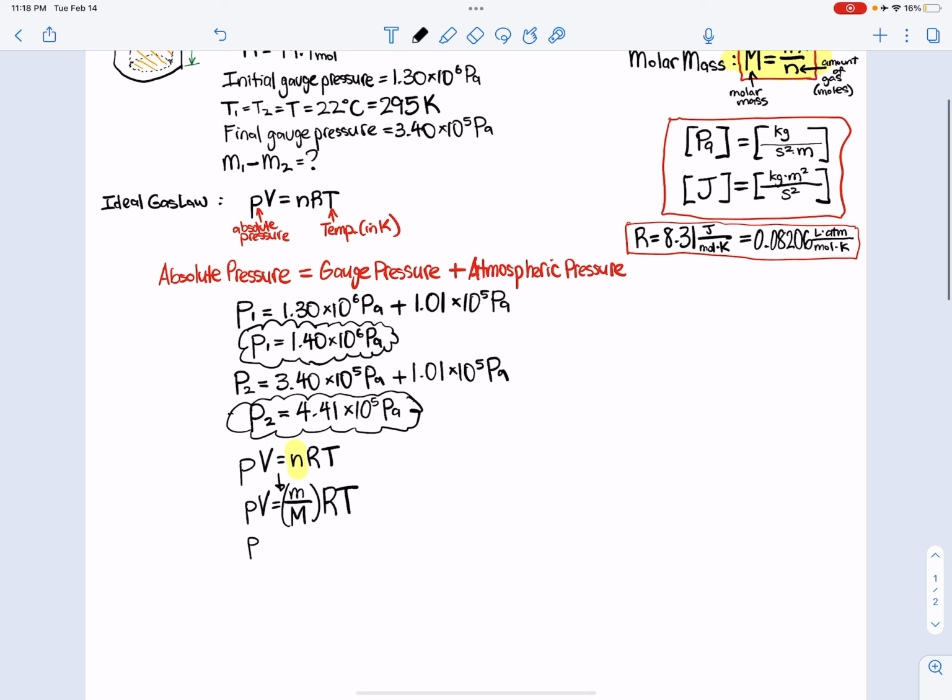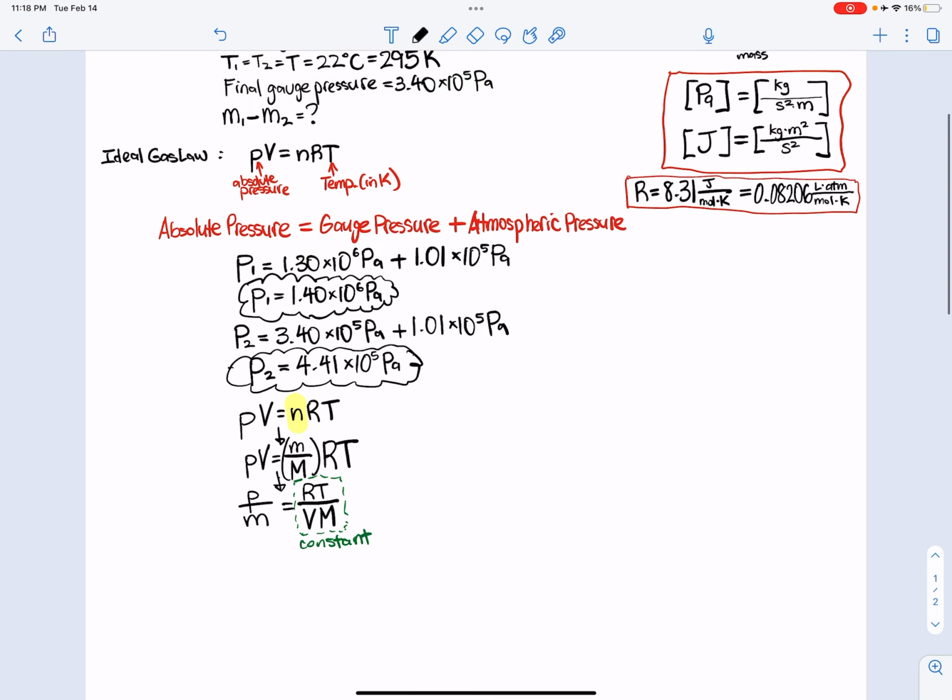So let's do pressure over mass is equal to RT over volume times molar mass. Right, that's another way I could write this down. Okay, and like I said, everything here on the right side of the equation, that's a constant, right? And because that's a constant,